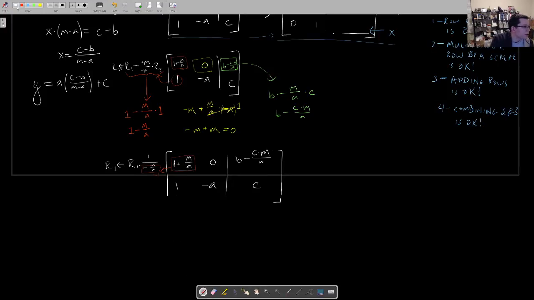So now we can do the new state of the matrix, which will be 1, because this divided by itself